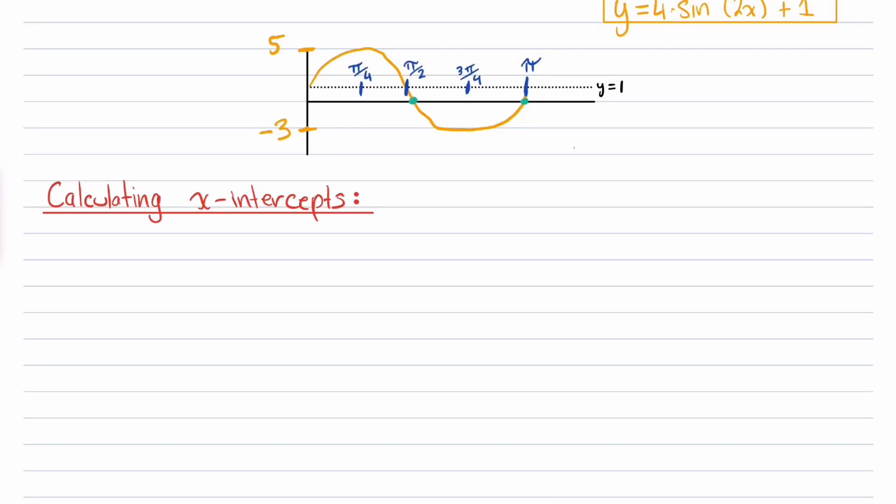In this video, we're going to go through how to find the x-intercepts of a trig function. Now, in my last video, I mentioned that you can do this tech-free. You can only do this tech-free in some cases. In both of the cases that I'm going to show you in this video, you do actually have to use technology, but I'm going to show you how to do it with working out rather than just putting it in your graphics calculator. So first thing, to find the x-intercepts, like any function, we need to let y equal 0,